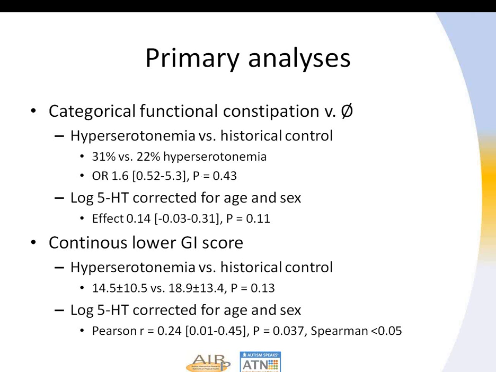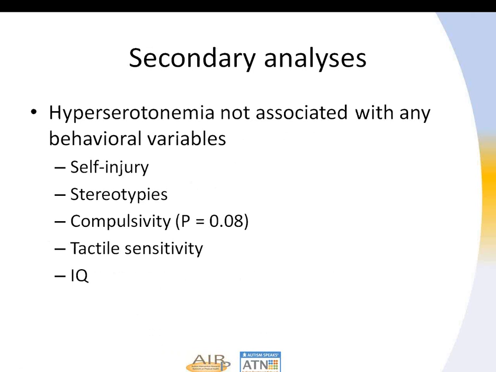And there we do see statistical significance right at the margin of significance and consistent on both parametric and non-parametric analysis. The R here is 0.24, so this is not a huge effect size, but right at the margin of statistical